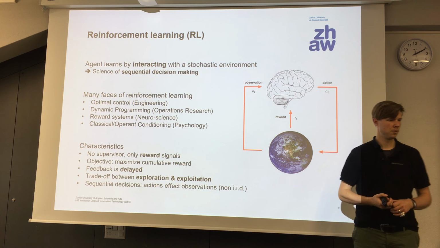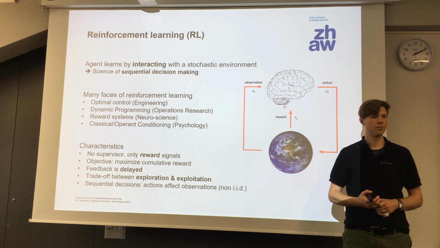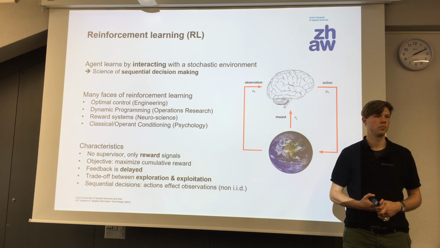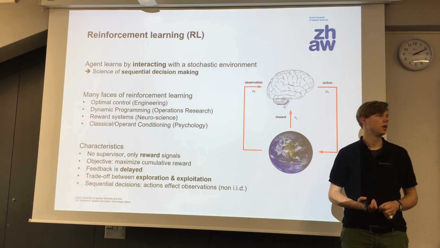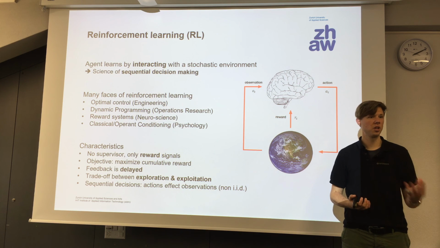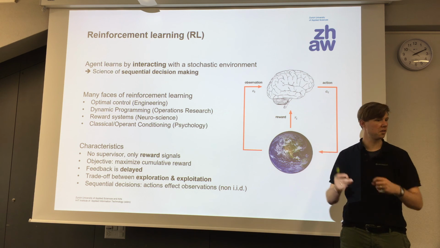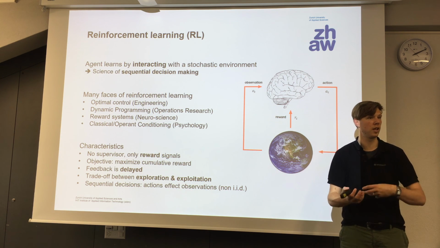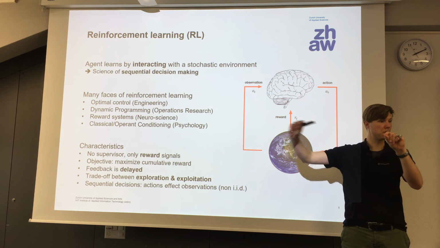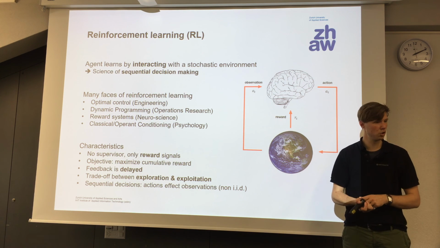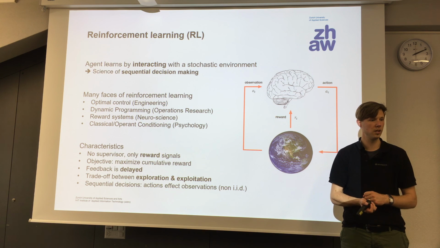Is there a possibility to take multiple rewards? Because, say, if it scores a goal, it's weighted more than, for example, having the ball for a longer time, but that's also a reward. The question is, is it possible to have multiple rewards? Yes, exactly in the same way as you can have multiple components in your loss function, you can have multiple components in your reward function as well.